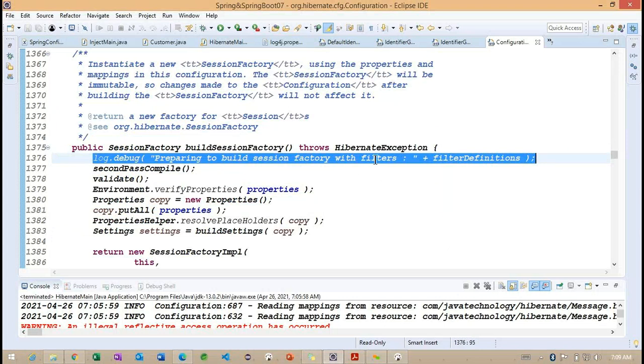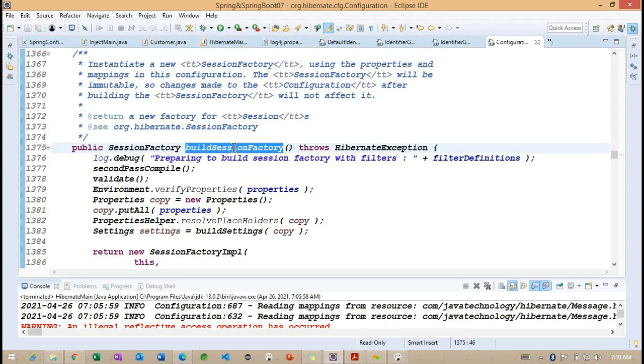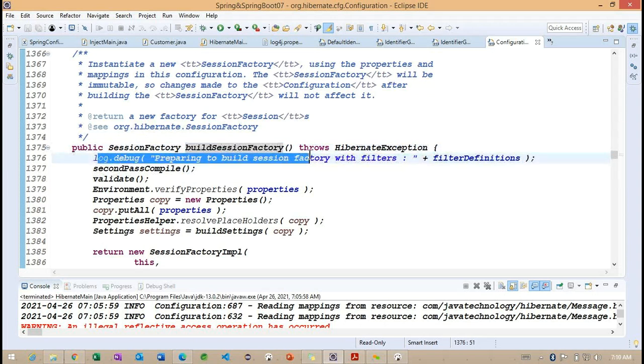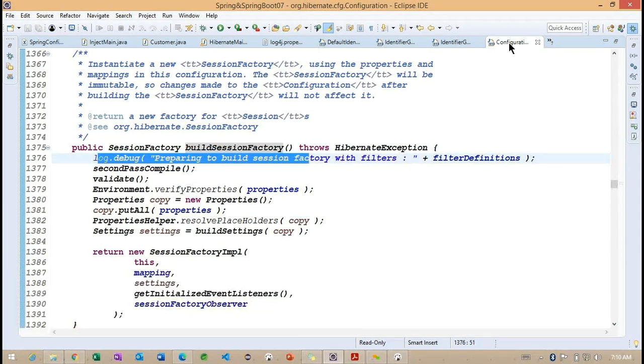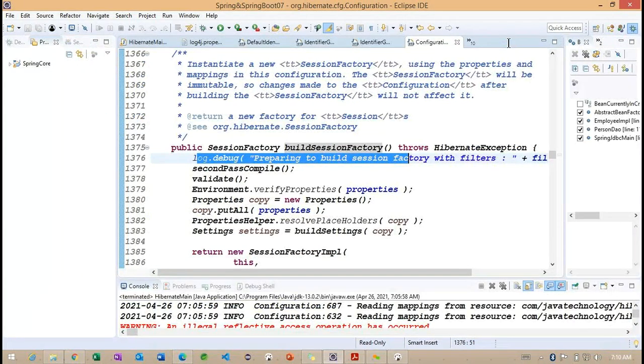If we are having any filters, we are going to get them, but as of now we don't have a filter. Whenever we call this buildSessionFactory, this particular log is going to be called. The same thing we are getting here.